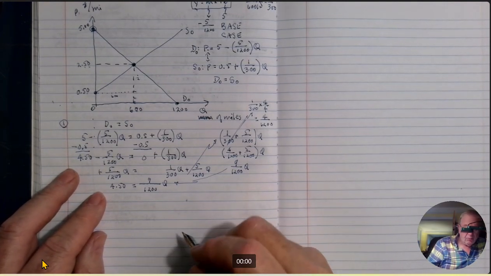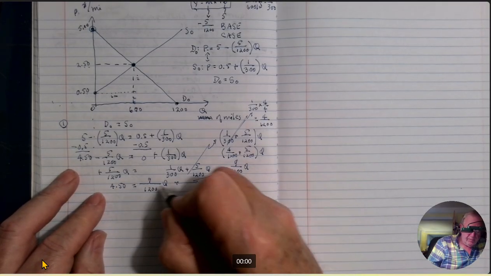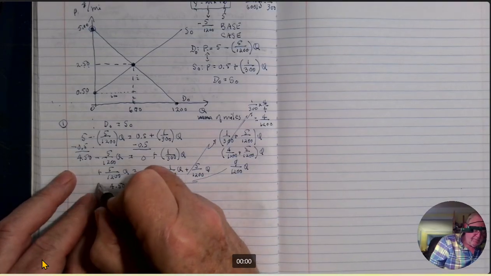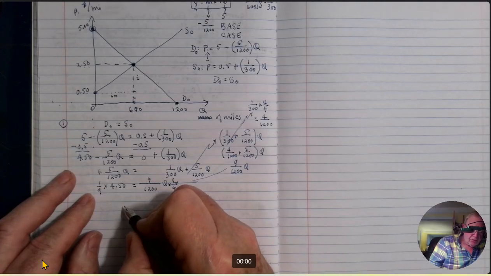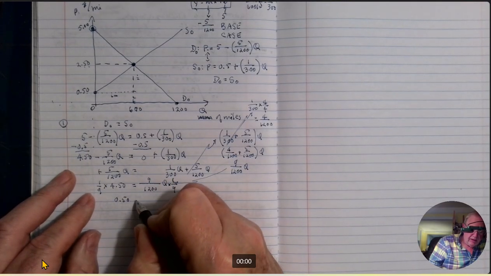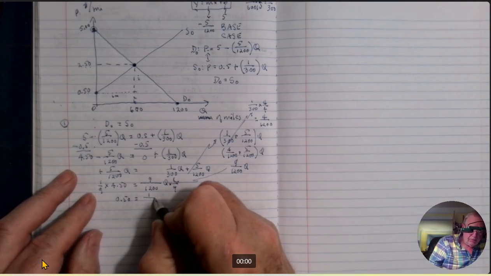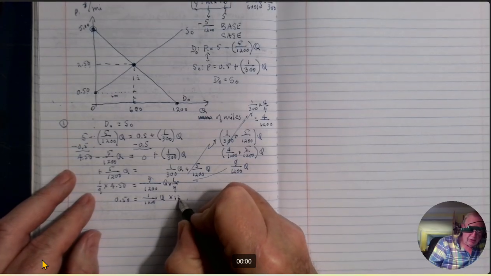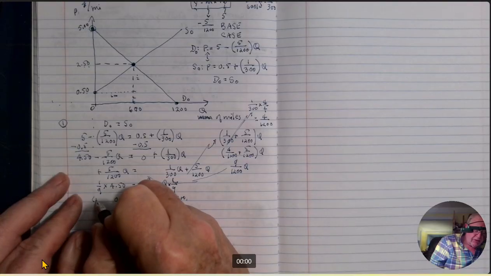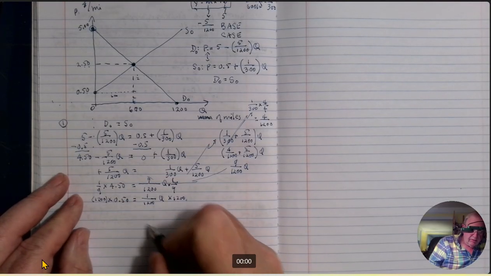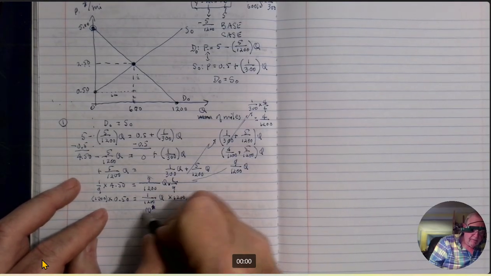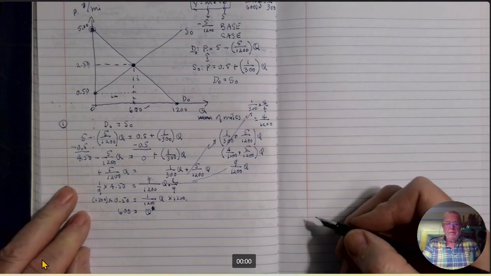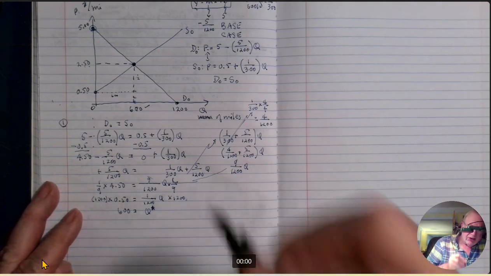And finally, no, almost finally, we can then divide both sides by 9, or times 1/9. 9 into 45 goes 5, and that leaves us with 0.5 equals 1 over, because a 9 over 9 is equal to 1 again. 1200 Q, and now multiply both sides by 1200. You can almost do this in your head, but, you know, don't skip any steps at this point. And what do you get? You get Q, we'll call this Q star, equals 600. Okay, so we got that number. Very nice, good work. Okay, so this is just step 1, a little bit of algebra, but going through excruciatingly